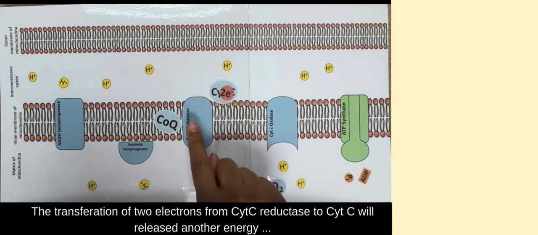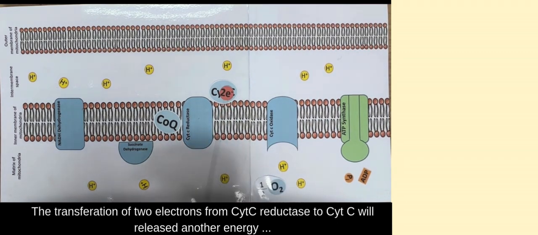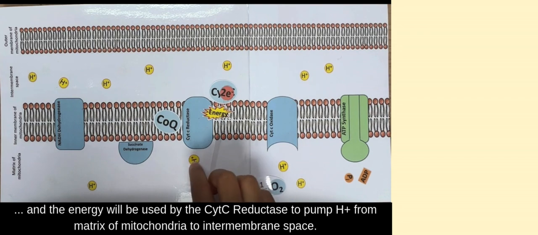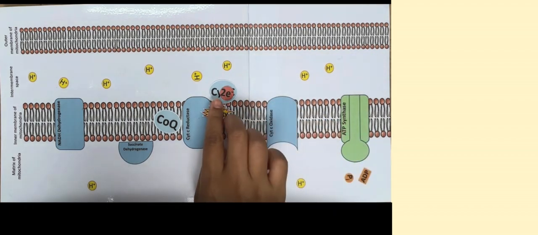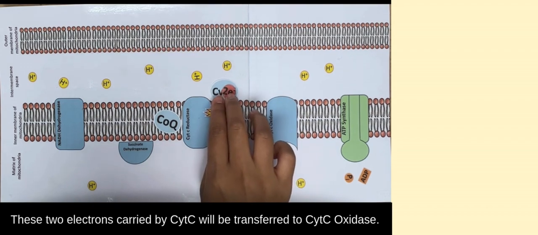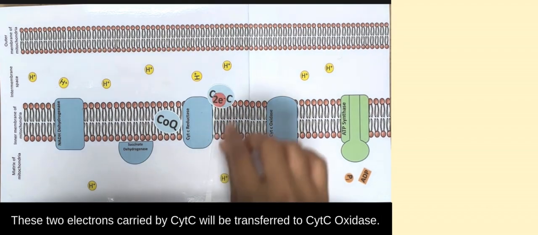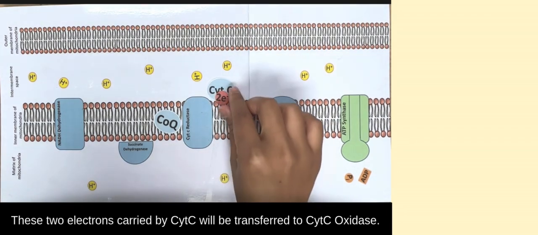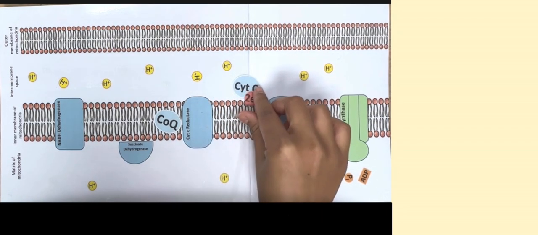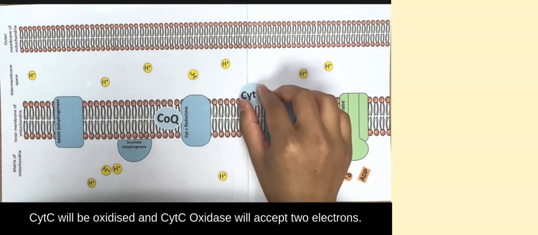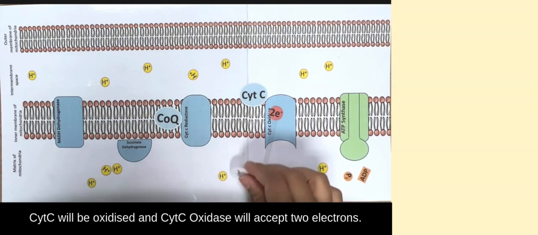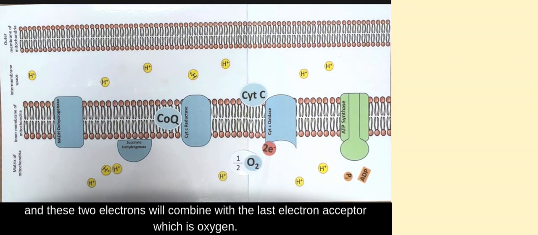The transfer of 2 electrons from cytochrome C reductase to cytochrome C will release another energy, and it will be used by cytochrome C reductase to pump hydrogen ions from the matrix of mitochondria to the intermembrane space. These 2 electrons carried by cytochrome C are transferred to cytochrome C oxidase. Cytochrome C will be oxidized, and cytochrome C oxidase will accept 2 electrons, and these 2 electrons will combine with